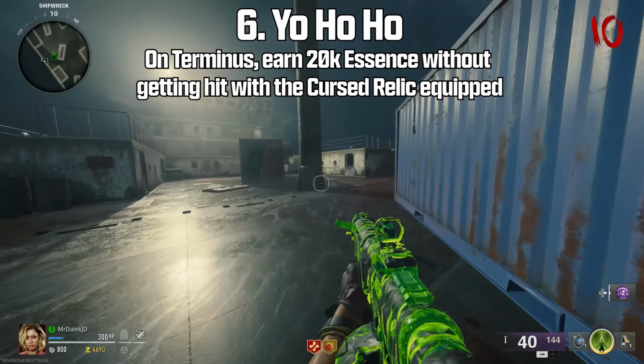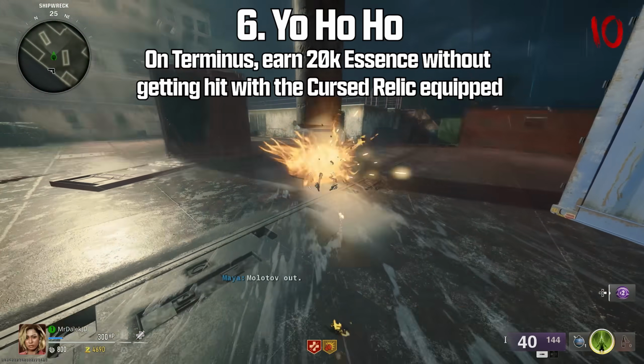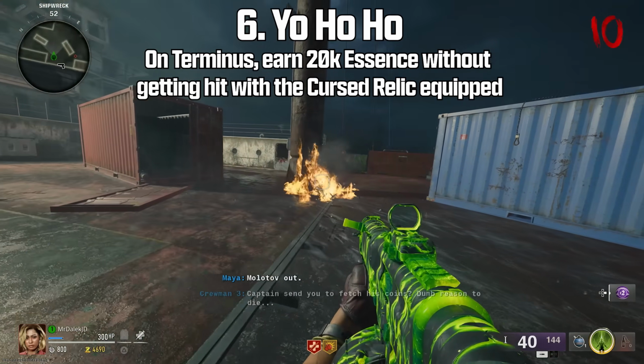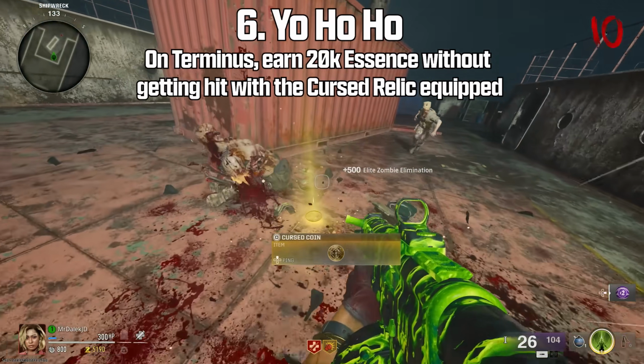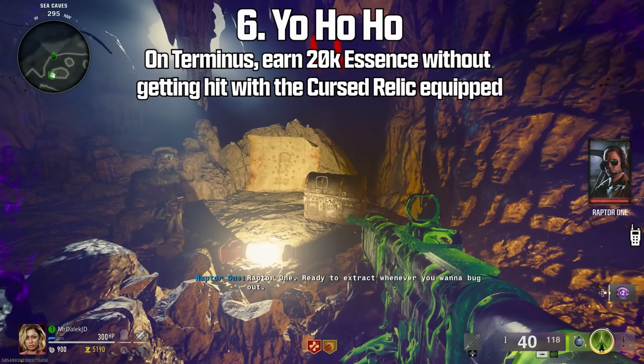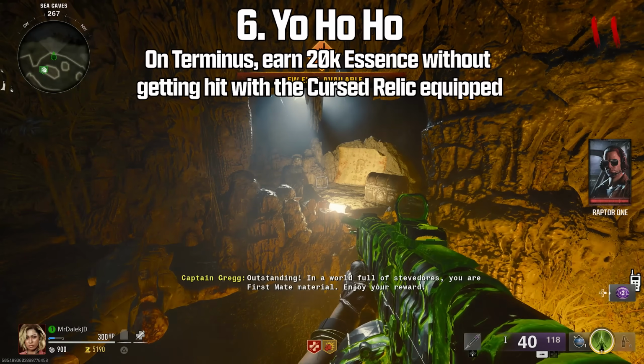For the third and final location, you want to make your way to the shipwreck. Directly in the middle, you will notice a skeletal body up against this pole. Throw the Molotov, take out the mangler, pick up the final cursed coin and bring it back to the pirate. The pirate will reward you with several legendary weapons, but in order to get the cursed relic as the final